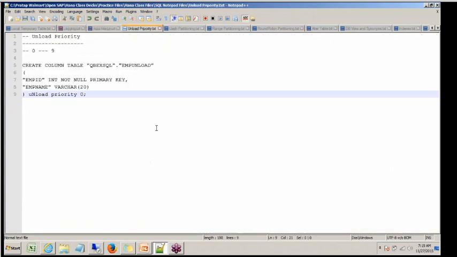Okay. Next, unload priority. Now, first of all, before we set the priority, do you know what we mean by load and unload? When you say load, it means loading the table from disk to main memory. And when I say unload, the data from the main memory is unloaded, which means it is removed from the main memory. So we'll see these two statements in the data manipulation statements. But for now, just understand: if I say load this table, data from the disk is loaded onto main memory for this table. If I say unload, the data from the main memory is dropped out.